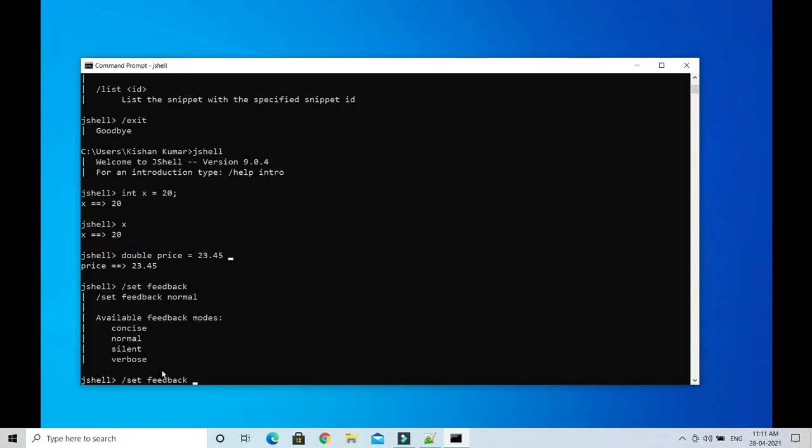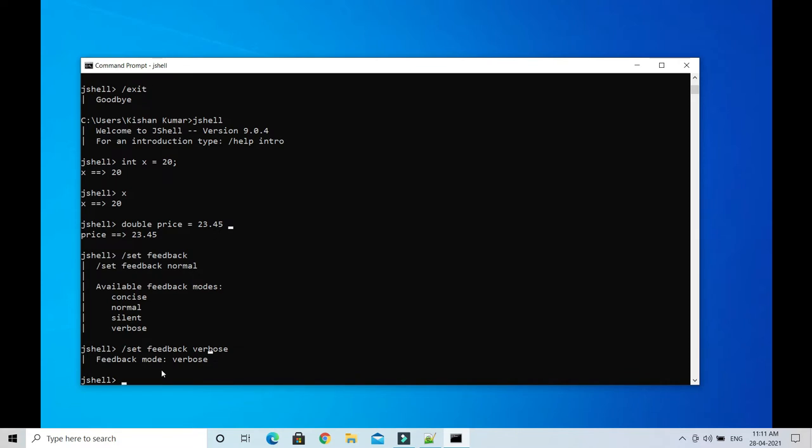But if you set the mode to verbose and press enter, and then let's say I create one variable, List<Integer> list = new ArrayList<Integer>.